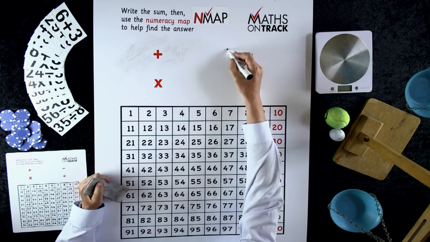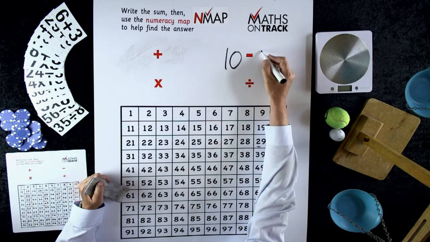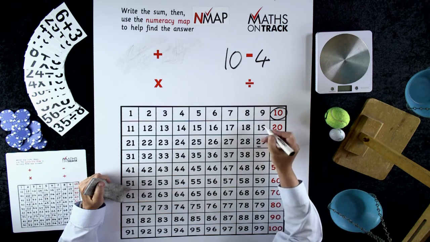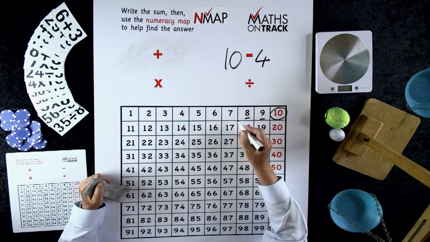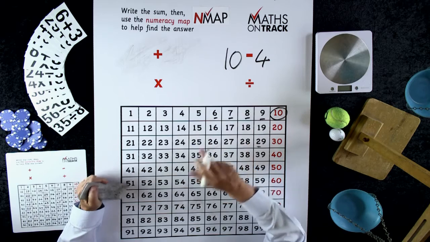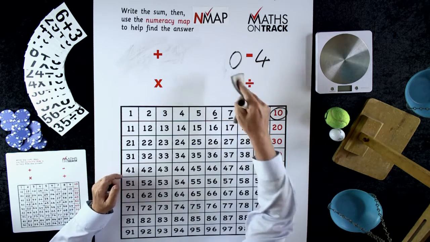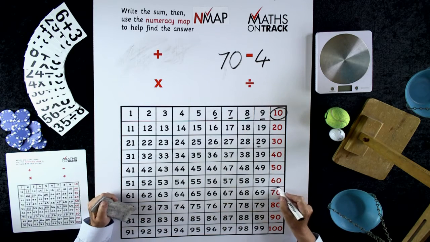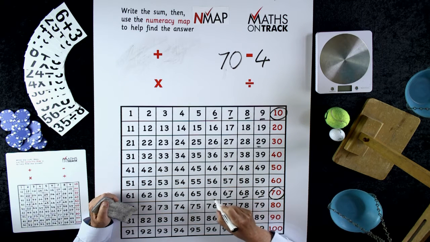So the numeracy map is very powerful at helping to explain addition, as it is also for explaining how to do subtraction. So for instance, 10 take away 4. 10 lives here, and to take away 4, we go the opposite direction, take 1, take 2, take 3, take 4, and we arrive at 6. And of course, if it wasn't 10 take 4, but 70 take 4, 70 lives here. Take 4 is the same journey, going to the left, take 1, take 2, take 3, take 4, and we